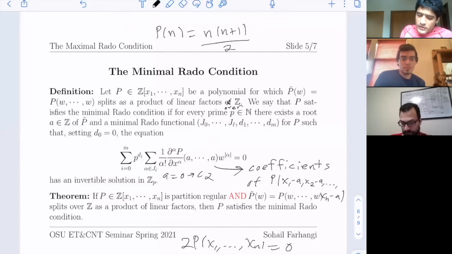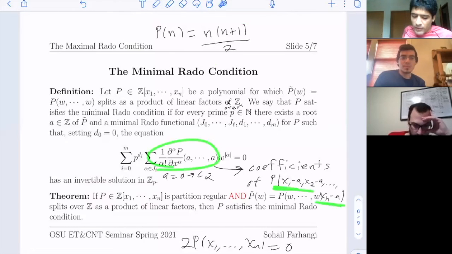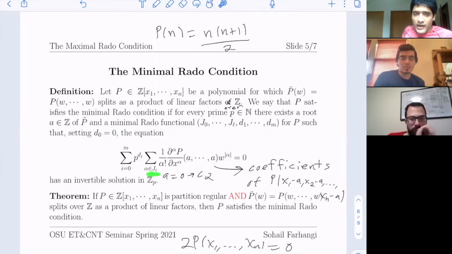Sorry. So this polynomial, when you shift all the variables by a, it might increase the support of the polynomial. It probably will increase the support, but I'm not looking at the extra elements of the support when you do this. This coefficient is just from shifting the polynomial by one of its roots, and then only looking at the elements of the support of this polynomial that were also inside of the support of the unshifted polynomial, right? Because these j_i's were determined by the polynomial before we did any shift.